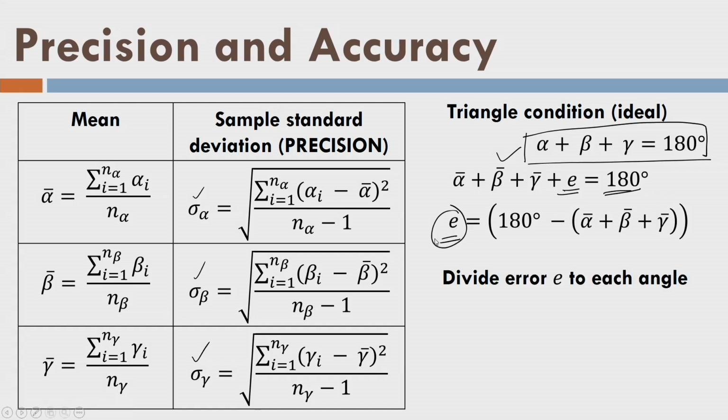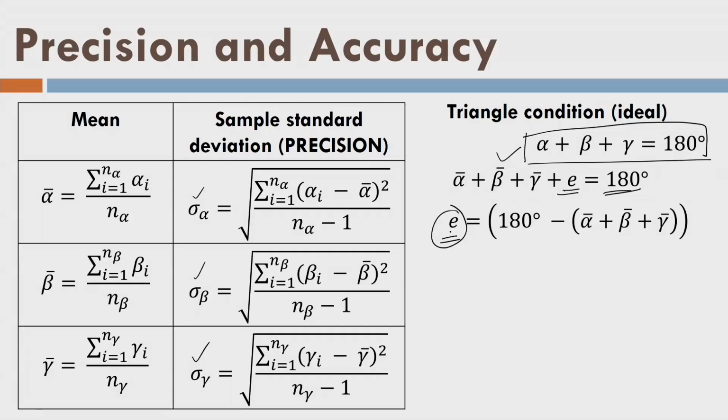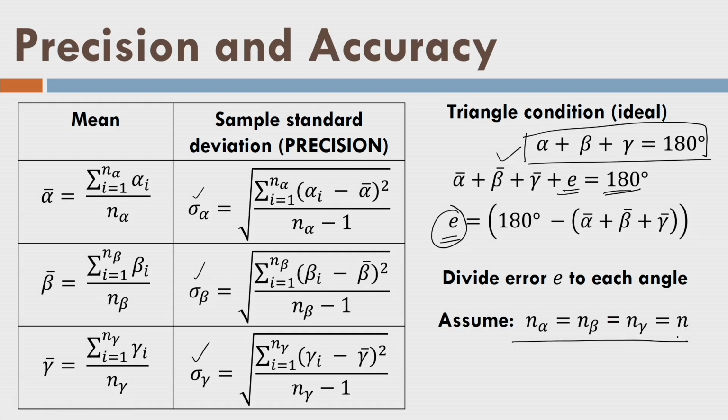The purpose is now to divide this error into 3 angles. I want to find out the error of individual angle alpha, beta and gamma. Now, let us assume for simplicity that n alpha, n beta and n gamma, that is the number of observations I have taken for alpha, beta and gamma angle, are the same. That means it is equal to n. Okay, that means I have taken, let us say, 100 measurements for alpha, then I take 100 measurements for beta, and then I take 100 measurements for gamma also. That means n alpha, n beta and n gamma are equal in numbers, and that is giving me some advantage. We will see in the second and third lecture why, but not now. For simplicity, let us assume that they are the same in numbers.